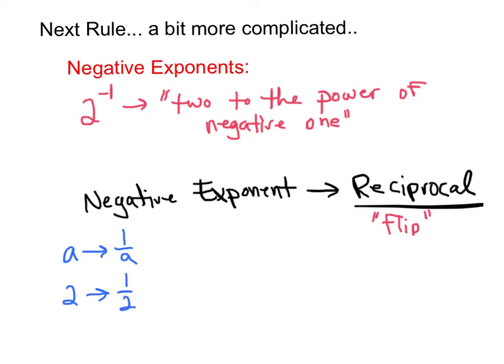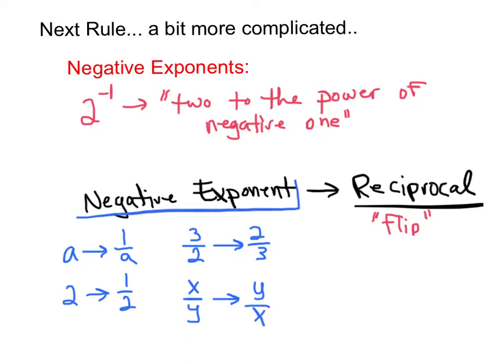The reciprocal of, let's say, 3 over 2. If we just flip these, then we get 2 over 3. And then let's say we have the reciprocal of x over y. The reciprocal of that is y over x. So whenever you see a negative exponent, I want you to think in your mind reciprocal or flip. And what we're going to do with a negative exponent is we're going to flip